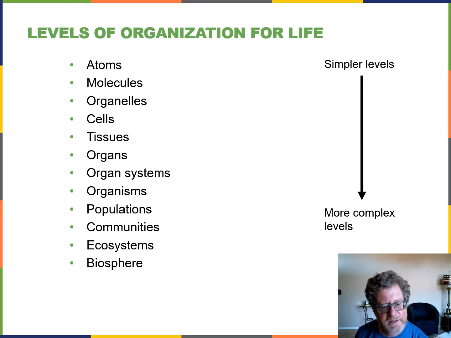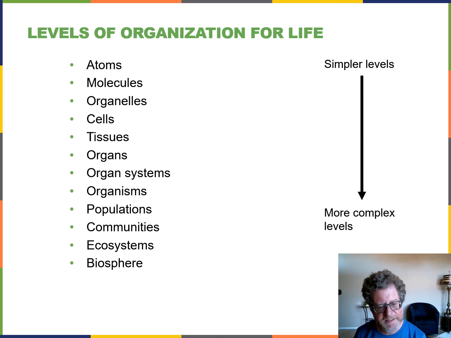Okay? And then tissues are cells working together. Cells have subcellular structures called organelles, and smaller than that, all cells are made of atoms and molecules. So those are the smallest level of life that we care about. When you go larger than the organism, a group of an organism is a population. Populations interact with other populations in communities. So people interact with plants and other animals. And then finally you have